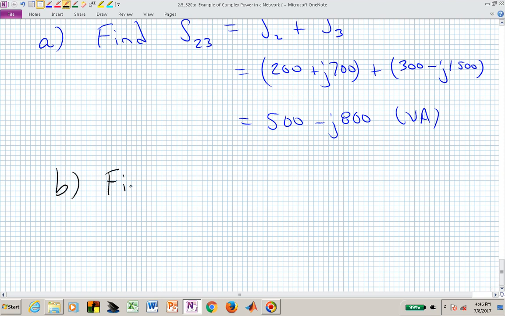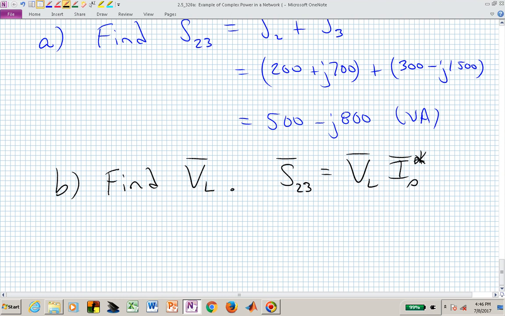Now we can actually find the voltage across those two parallel loads. And now we know that the complex power of those two loads will equal the voltage times the current. And the current supplying those is the original source current, I sub S, and we need to use VI star